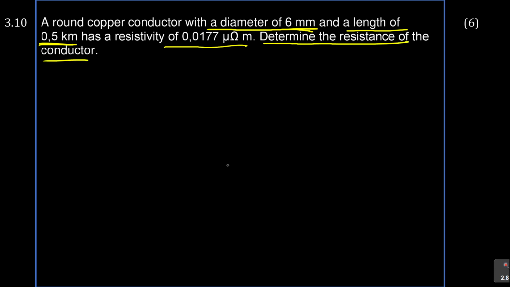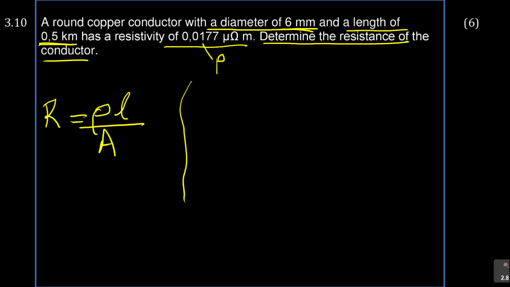Could you have done this? You know the formula. What is it? I'm not going to work it out, but I'm going to just prepare this for you. R is equal to rho L over A. That's what you're supposed to use. But now there is your rho, but your rho is not the right rho. What you need to